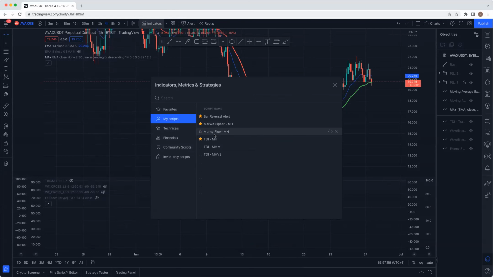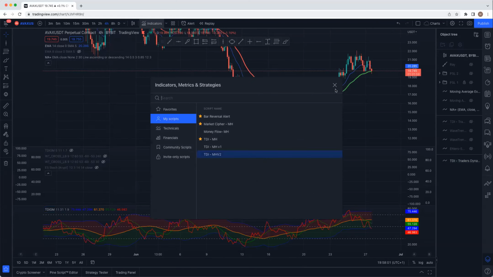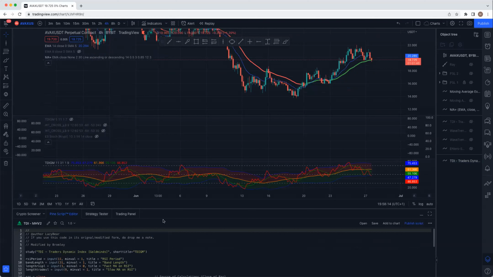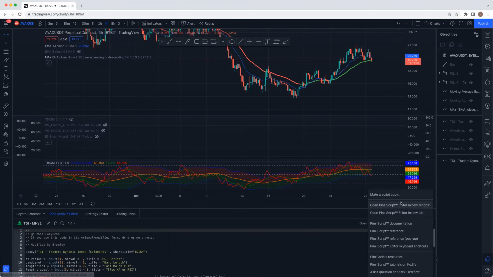So my scripts. Okay, this is how it looks originally, when you see it that way. And then when you see it this way, what you have to do is go into this bit where you have the coding, right? And then when you click on the coding, go into the dots at the end, click it, and you make a copy script.